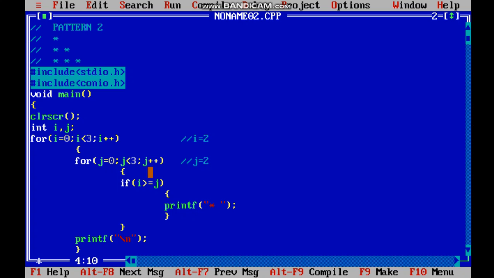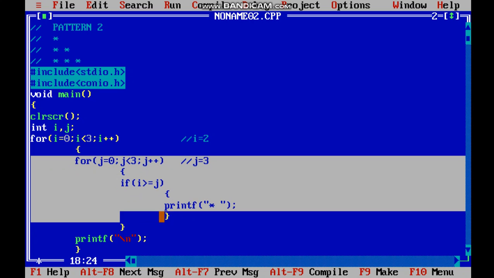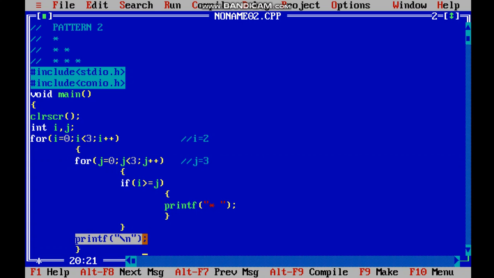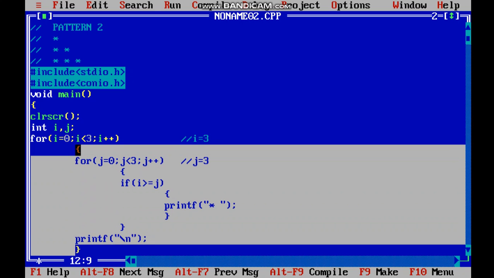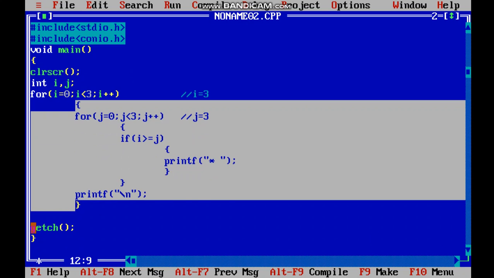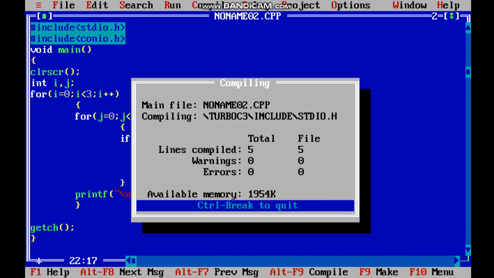Our work is not yet done. The compiler will again check the condition, j plus plus, then j will become 3. So 3 is less than 3, no, it's false. So the whole for loop is terminated and the control passes to the printf function. So now our cursor is right here after this line. Now it will i plus plus. So the i value is not 2 but 3. See, 3 is less than 3 it says. No, it's false. From this curly brace to this curly brace, the function will terminate, and now the cursor will pass to getch.